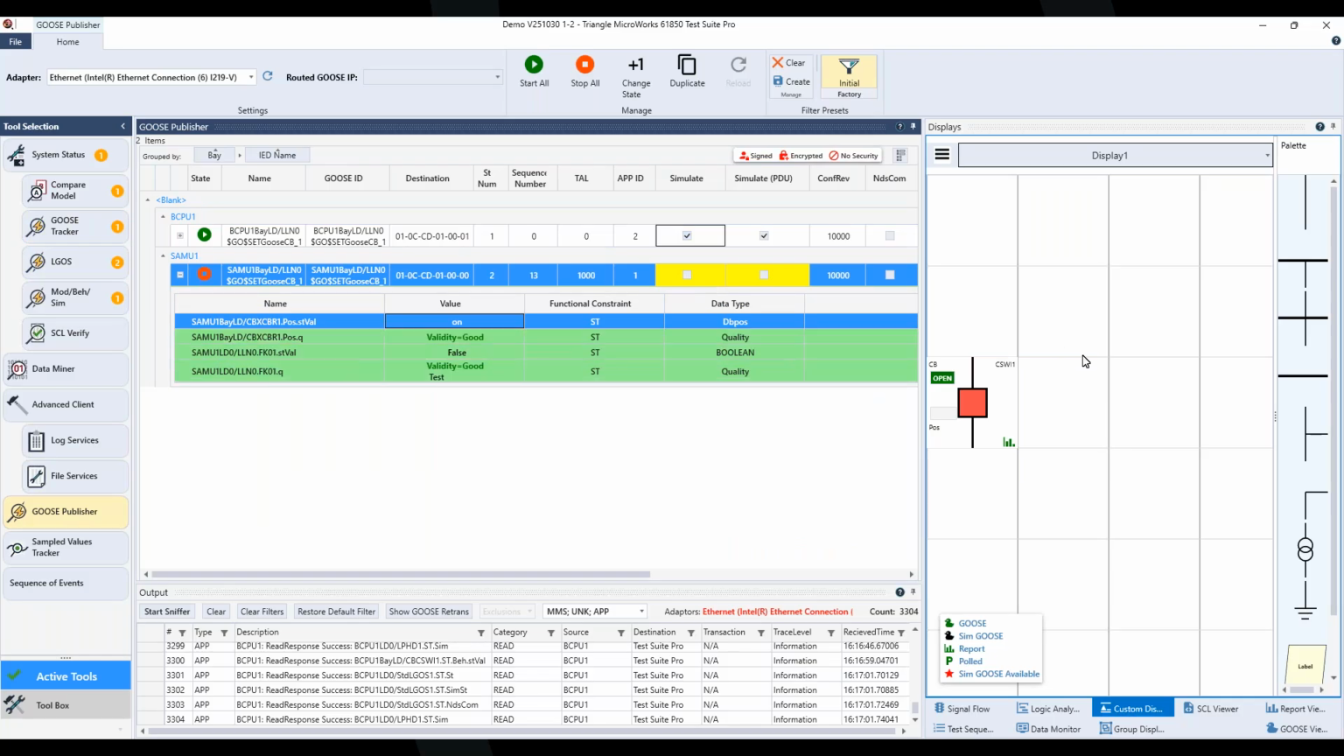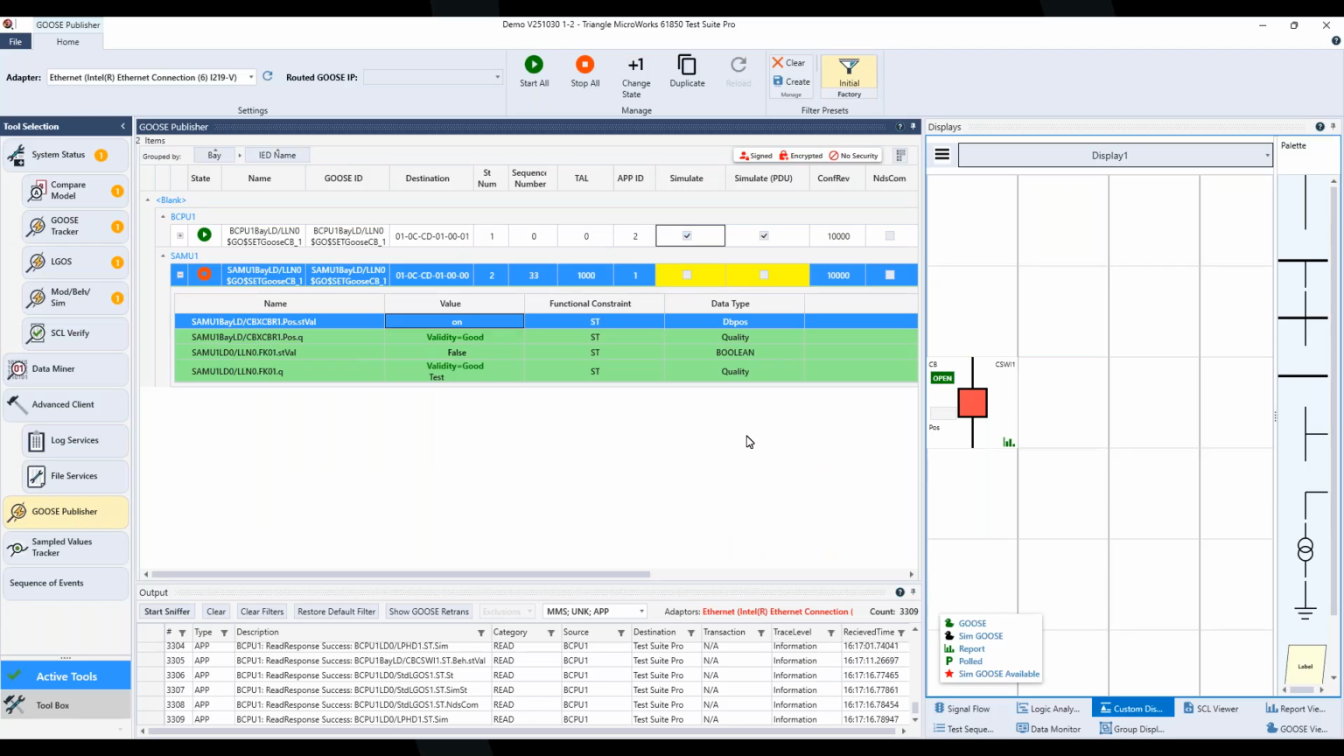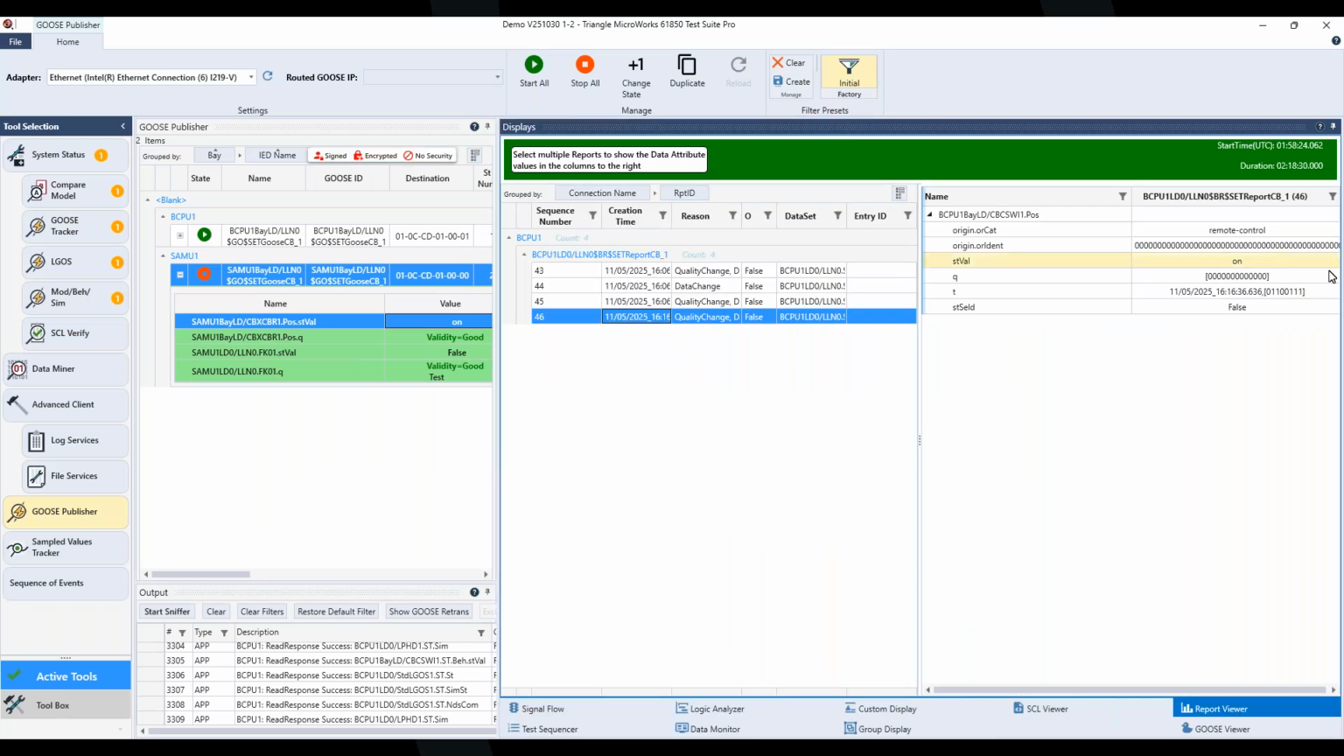And you see the position is now on, which is indicated through the red. We could control it to open, but that is nothing simulated, that would not work. But if we go back to the report viewer, we see we now also have a new report. And if we click on the details of that, we see the latest report says the status value is on,